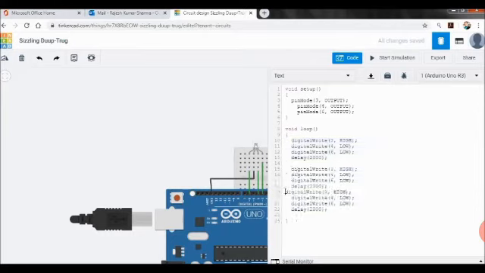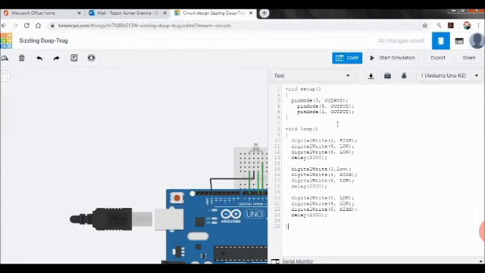Then you can copy paste the entire 4 lines 2 times, and now you just change, sorry, not the pin but the statement, high and low. In the first case the first pin was high, second and third were low. Now in the second case make first low, second high and third low. So in this case pin number 4 will get power, 3 and 6 will not get power. Whatever is connected with pin number 4, that color will be glowing, the rest will remain off. Again for 2 seconds it will remain the same, and then in the last, the first and second colors should be off, that is pin number 3 and 4 should be low, and pin number 6 will go to high.